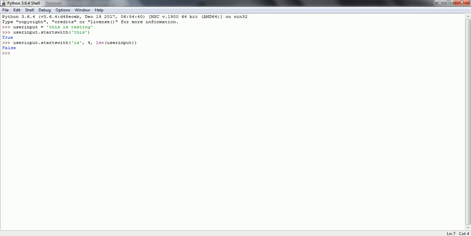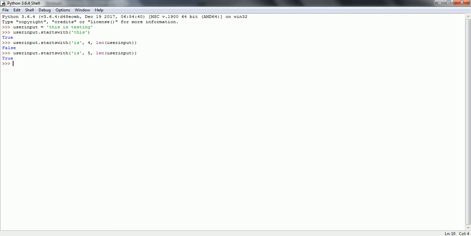If it is false here, what we can do is copy and paste. Ideally this is going to start from the 5th. If you see here, "is" is at the position which starts from the 5th position, so hence it is going to return true. So with the startswith method, if you don't provide any start and end range, then it is going to look at the starting position. Otherwise, based on the begin position you specify,